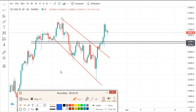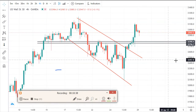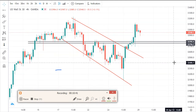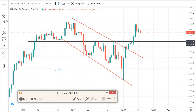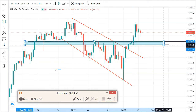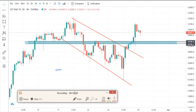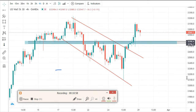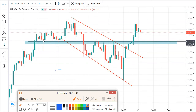I just want to make sure that you really understand my point here. Let me try again. Guys, I really want you to understand these things just because they are very easy. But if maybe you are not good in trading, or your analysis is not improved yet, they are very difficult, if you ask me. So you can see this area, we had a breakout, but the market came again and